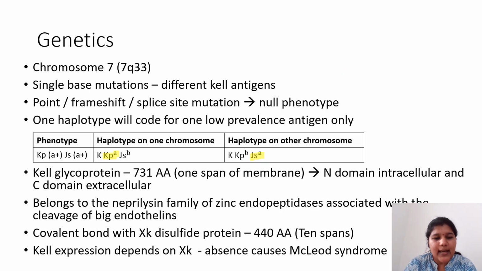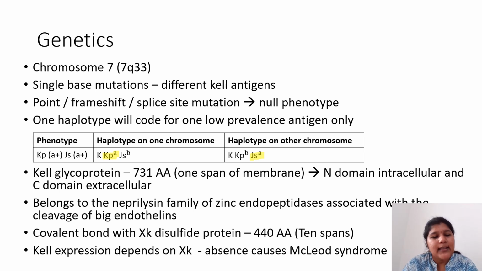Coming to the genetics, it is synthesized from chromosome 7. Single base mutations are responsible for different antigens, while point or frame shift or splice site mutation is responsible for the null phenotype. There is an interesting rule that occurs here. Only one haplotype will code for one low prevalence antigen. KPA and JSA are both low prevalence, but they will not exist in the same